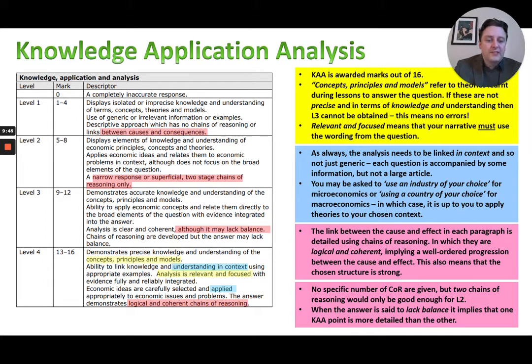When the answer is said to lack balance, it basically implies that one of your KAA points is more detailed than the other. So you want to have some form of balance in your paragraphs. Don't make one point very long and detailed, and the next point very short. Okay,